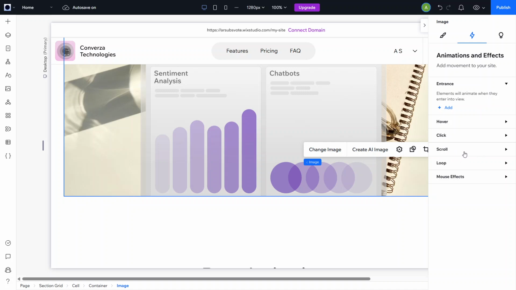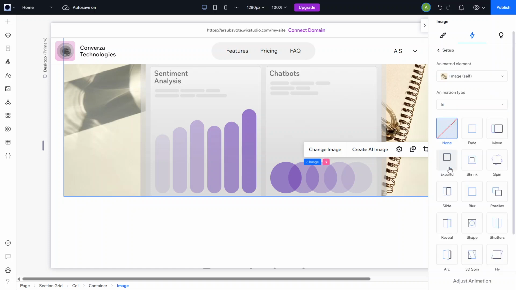Inside the inspector panel, look for the option labeled Scroll. This is the area dedicated to scroll-based effects. Click on Scroll to expand that section. You'll now see a button that says Add. Go ahead and click the Add button, and Wix Studio will show you a list of different scroll effects you